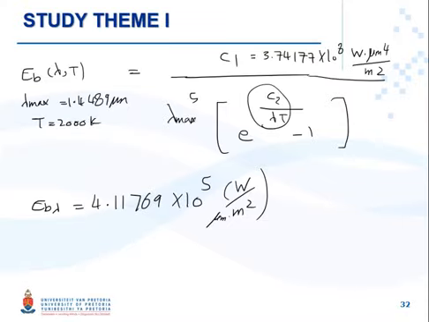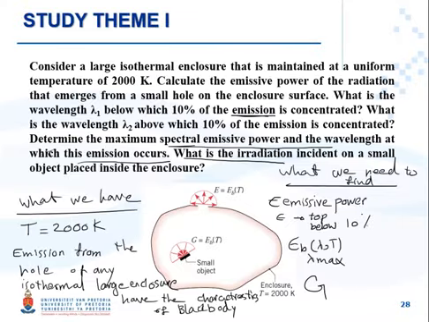It's not done, still another one is left, because if you let me go back to the question. It's asking what is the irradiation incident on a small object placed inside the enclosure. Okay, so it's asking us to calculate the irradiation as well. Irradiation on the small object inside the enclosure. So we just talked about the enclosure; we said that it will be treated as a black body. So irradiation will be equal to